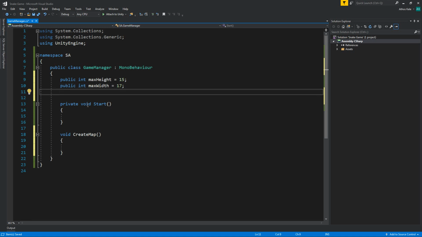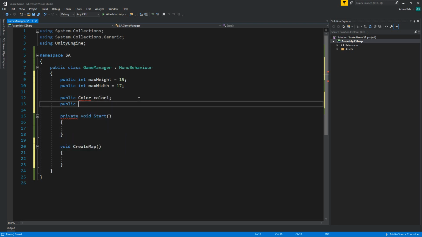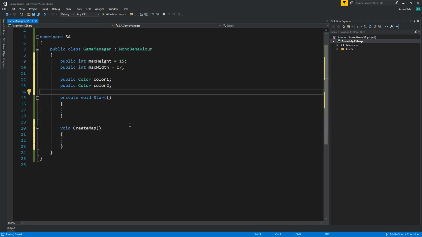Okay, now we need to know the color that we're going to be having on each square on our map. Okay, so let's set this to color 1 for the color square and color 2. Okay, next,